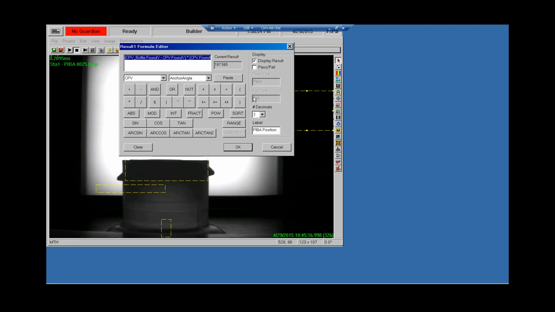So let's take a look at what we have here. We have CPV bottle.foundY, which is the Y position of this tool, minus CPV.foundY, which is the Y position of the tool that's focusing on the PIBA. The origin of Y actually starts from the top of the screen, so the more towards the bottom it is, the higher the value. So this is going to give us what is supposed to be a positive value. We're multiplying this by